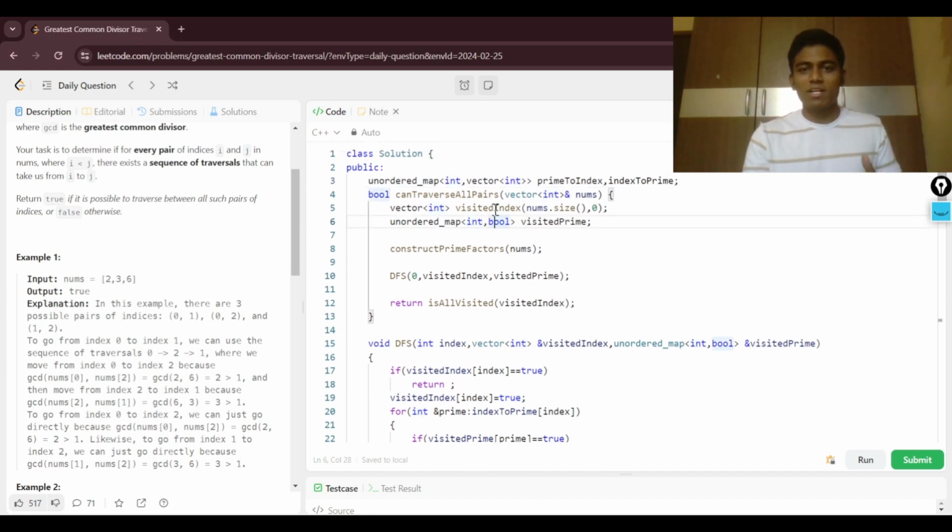So let's take visited index. It will store whether the index is visited or not. This particular number is visited or not, and all the prime numbers in this particular nums are visited, and whether it has been traversed or not. And then one more thing we are going to store is whether this particular prime